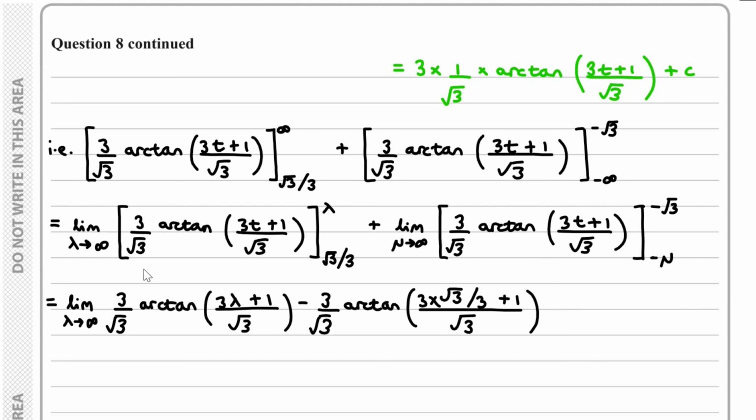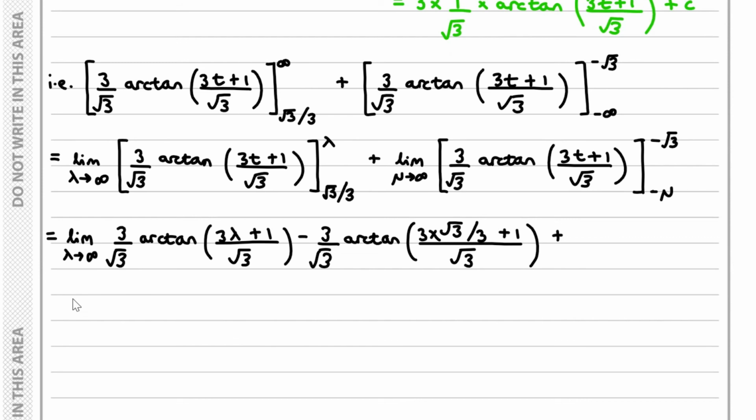So that was this one here. And then we have the upper limit, take away the lower limit. So here we add on 3 over root 3 times the arctangent of 3 times negative root 3 plus 1 over root 3,